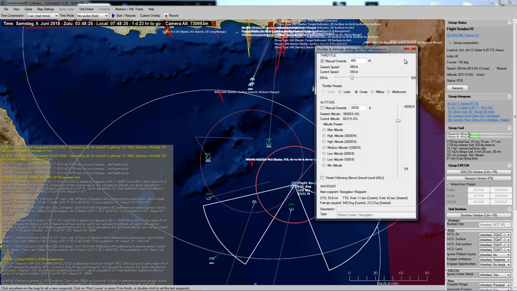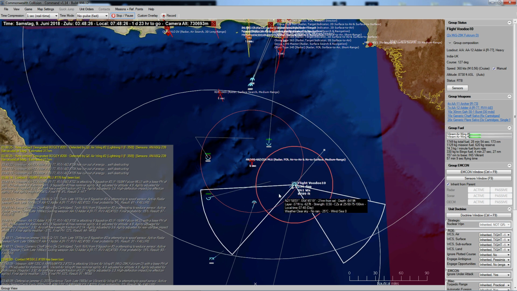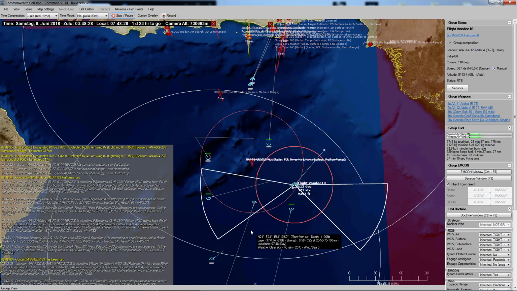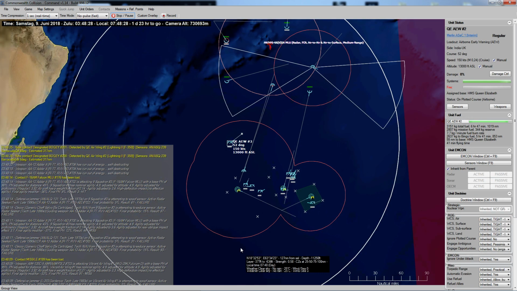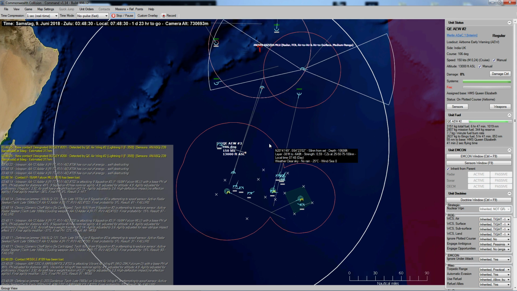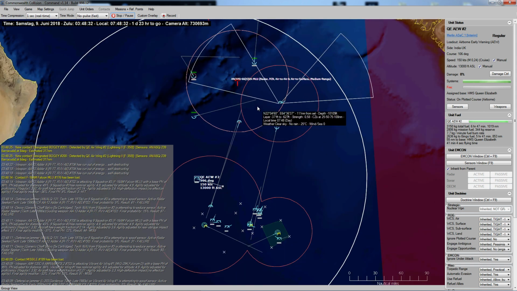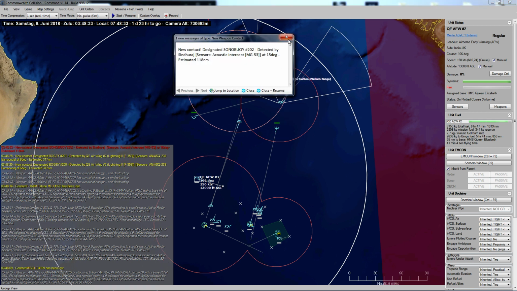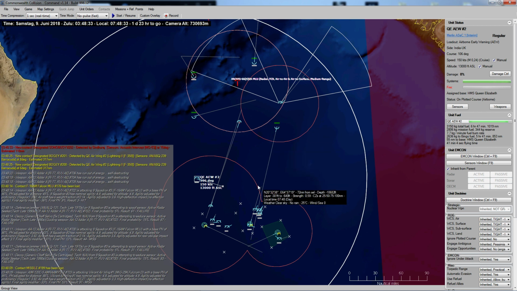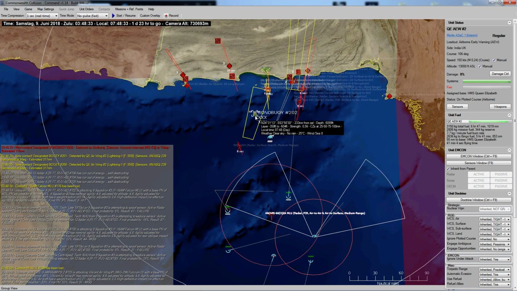So, on cruise speed. Not come up directly towards them, but slightly differently. This is our early warning helicopter. It needs to be staying closer towards us. They are not engaging us. New contact. So boy, that we have to be careful about. Right, so